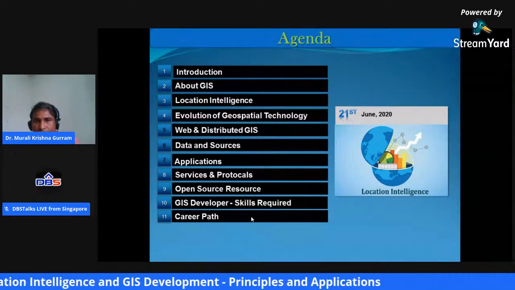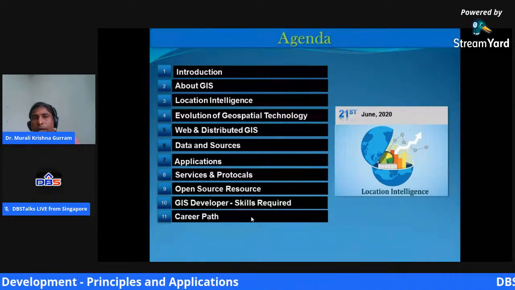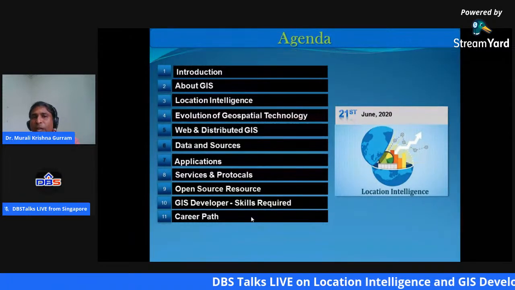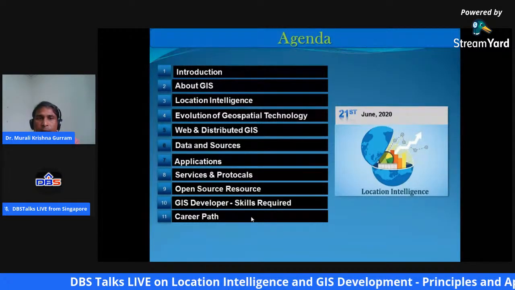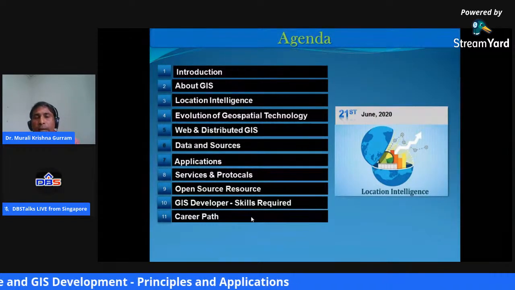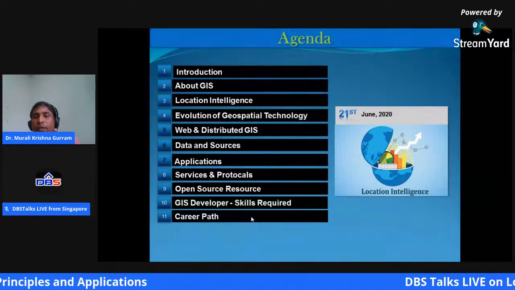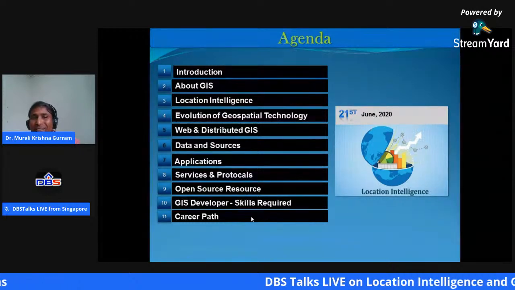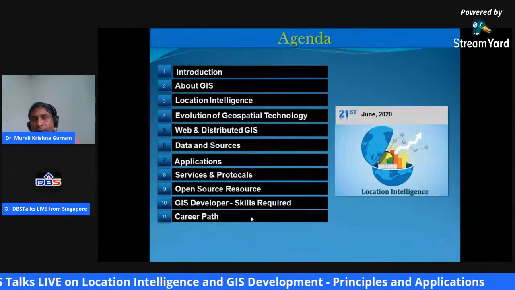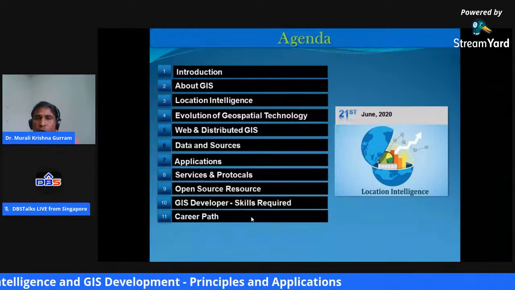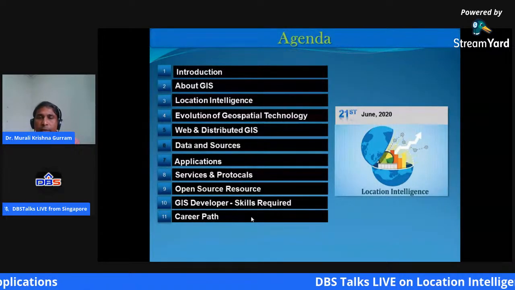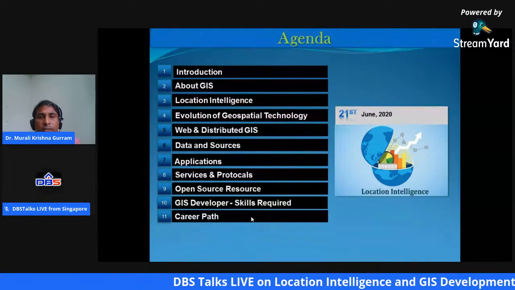What is distributed GIS, data sharing and data sources, applications, the service protocols that are widely used, and open source resources available. In the end, I'm going to discuss the skills required to become an expert in this aspect, and briefly the career paths in it. Next slide, please.